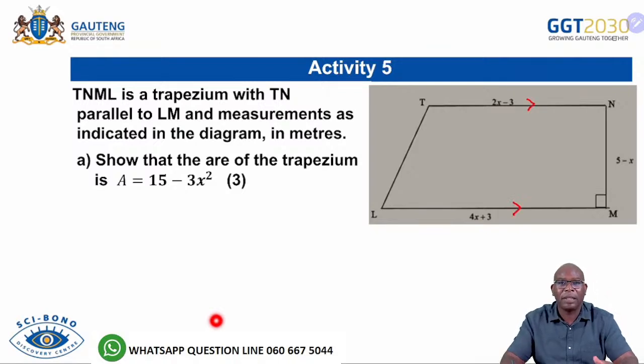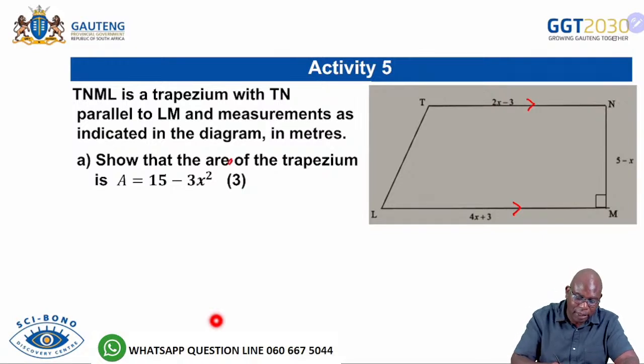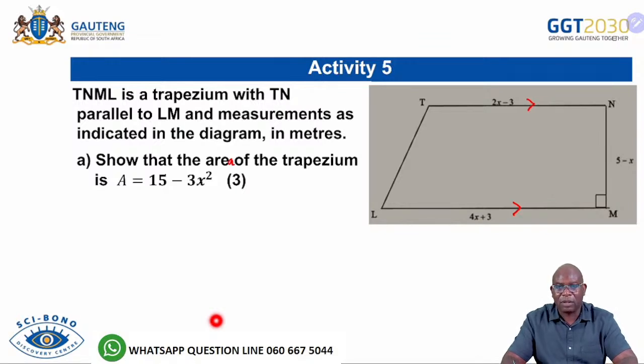Oh, nice. It's a trapezium. So now it is in meters there. The measurements there are in meters. Show that the area of the trapezium is, you see the answer again is given,